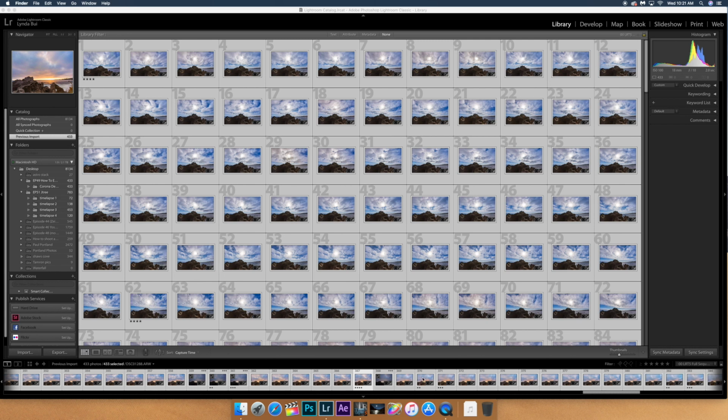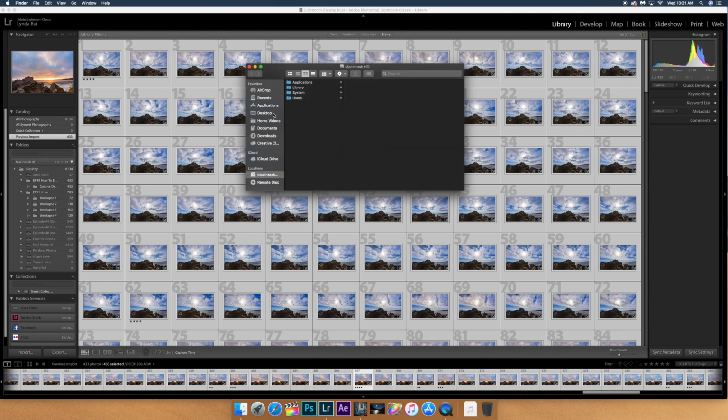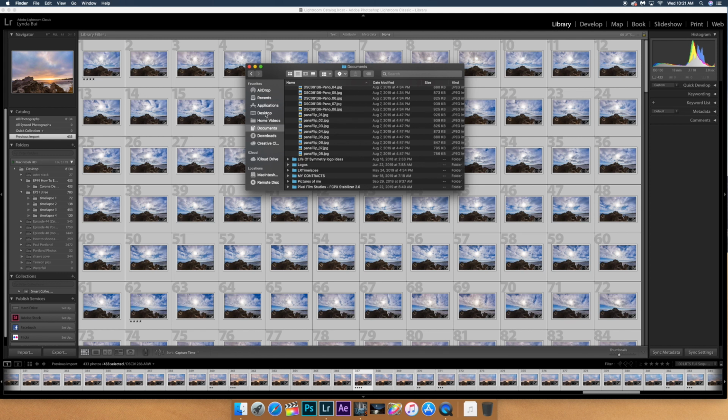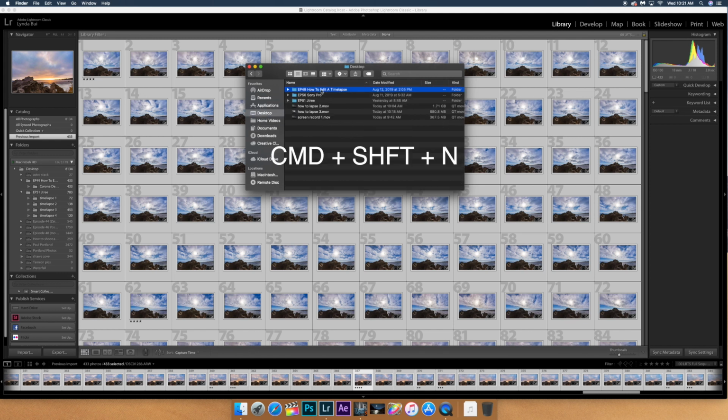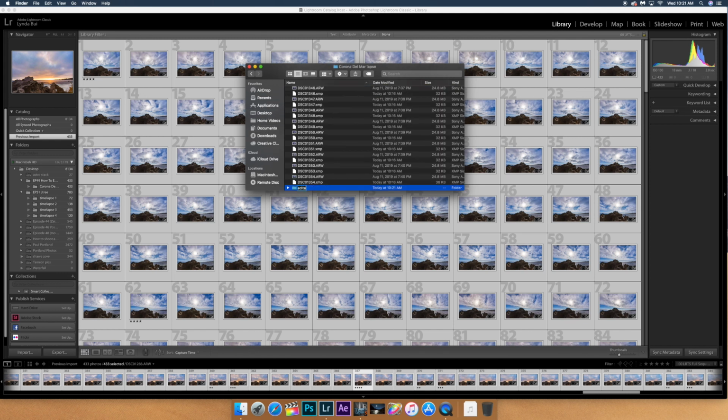At this point, we're ready to export. Now, you can use LR Timelapse to export your video, but in this case, I'm gonna use Final Cut, so I'm just gonna export these into a folder as individual files. I'm gonna create a folder for this individual time-lapse. To create a new folder on a Mac, it's Command-Shift-N, and I'm just gonna name this edited